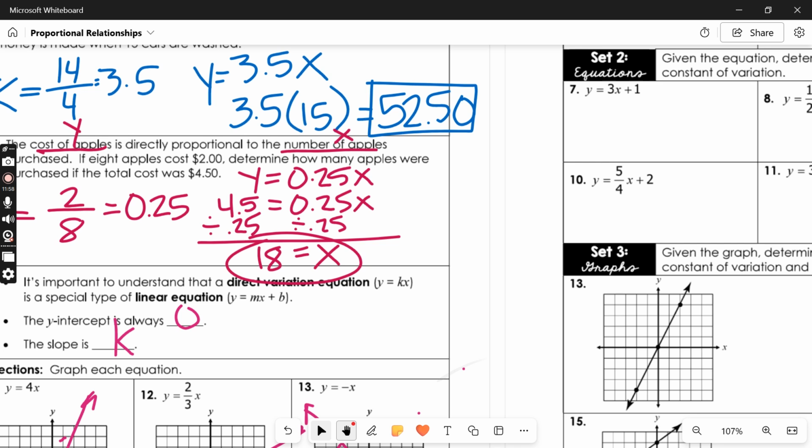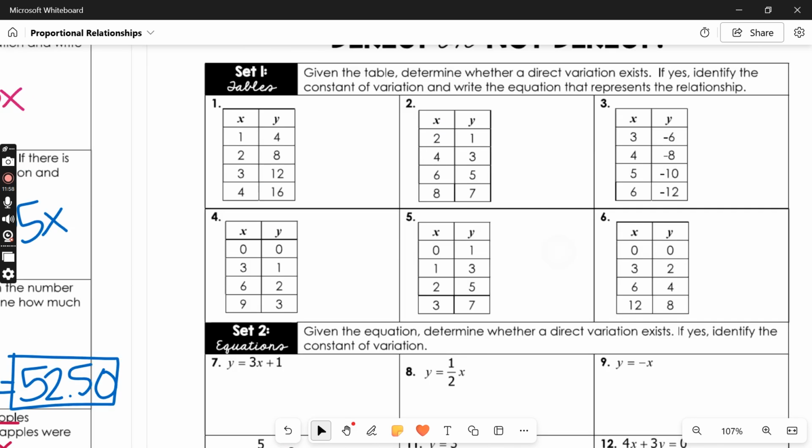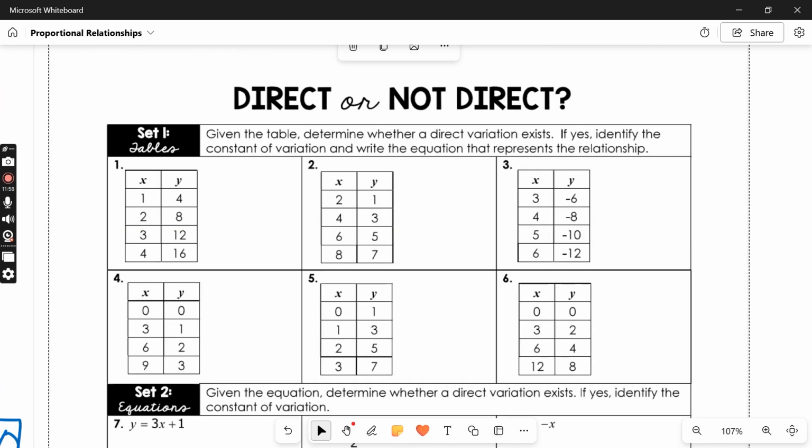Alright, so this next part is meant for you to do with your group. What I would suggest is trying it with your group first, and then y'all can maybe take 10 minutes or so, try it, see if you're getting the same things, and then go over it as a class. I'm just going to quickly tell you what the answers are. So pause it here, do this with your group, take 10-15 minutes to do this with your group, and then